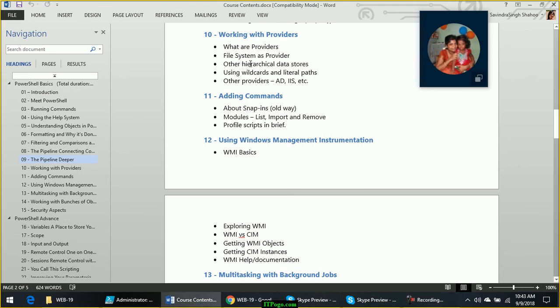Let's start discussing the providers and modules. Today we are going to discuss these two topics. First we will discuss what providers are, and the most familiar provider that we all know is the file system as a provider. We will begin with the file system as a provider, then we will talk about other hierarchical data stores which you